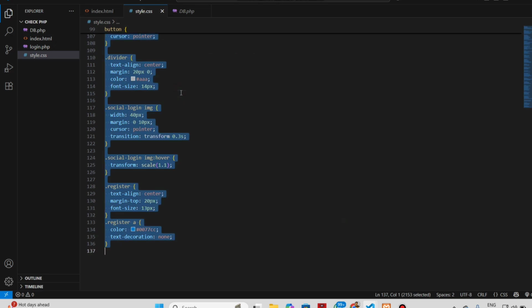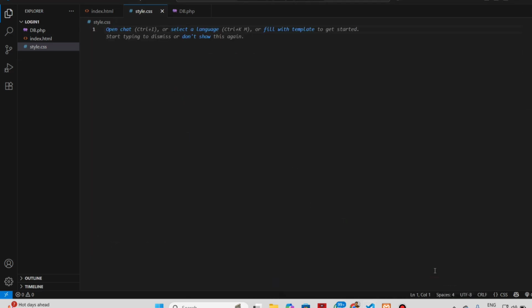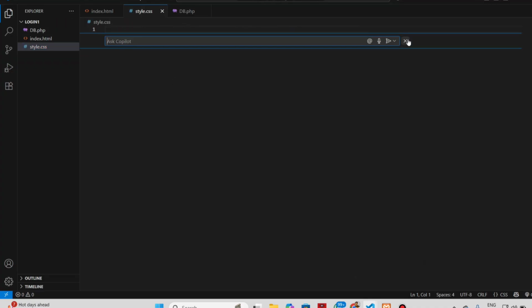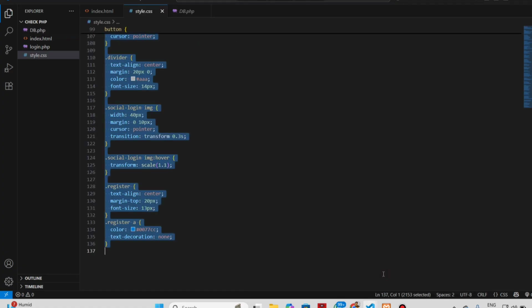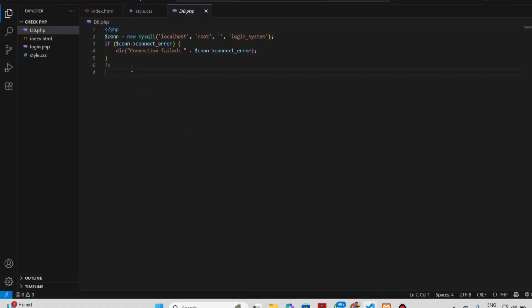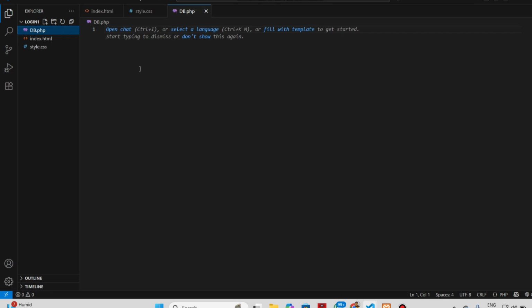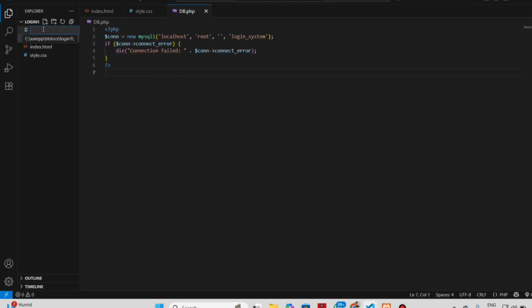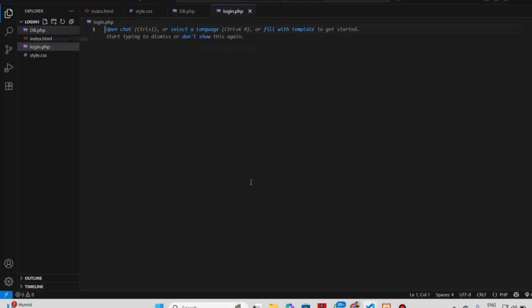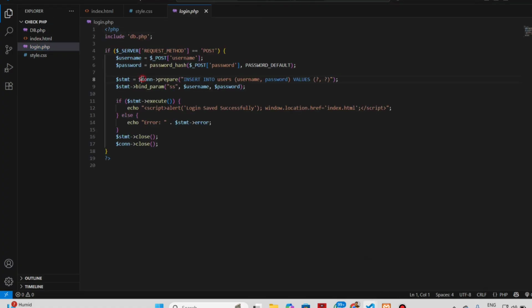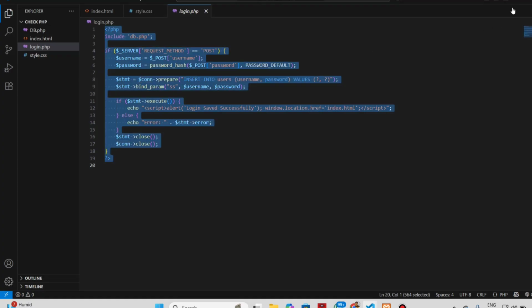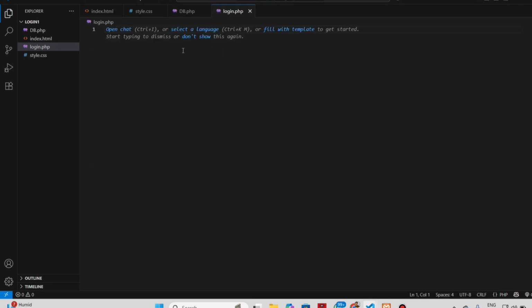Okay, so you can download from there, copy it and paste here, and in db.php you should paste the database connection logic, copy it and paste here, and also create a login.php file, and here you paste the PHP login code logic to pick all the data from the login page of HTML and put them in the database. Okay,